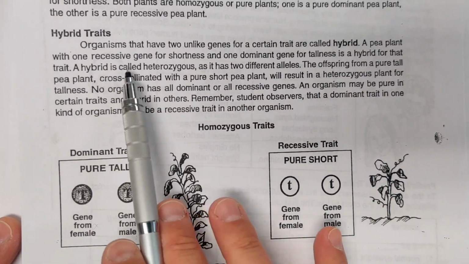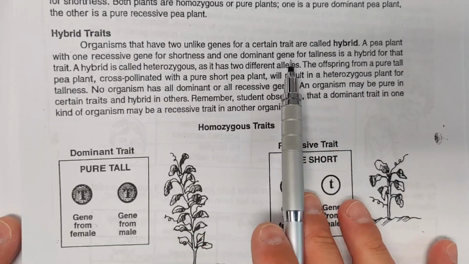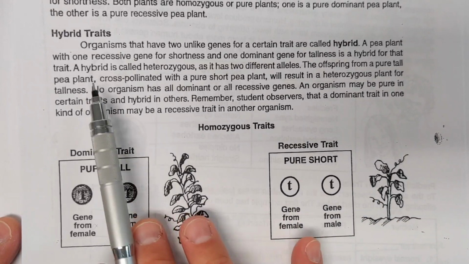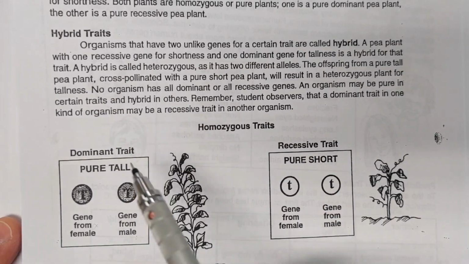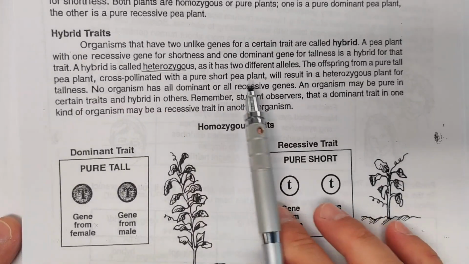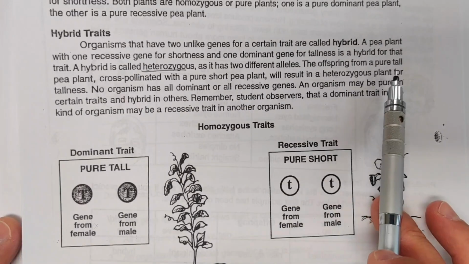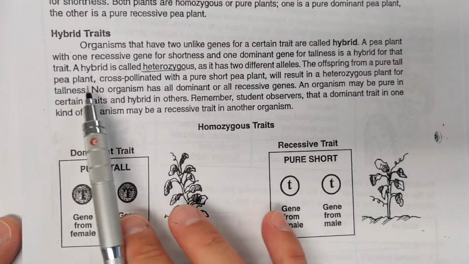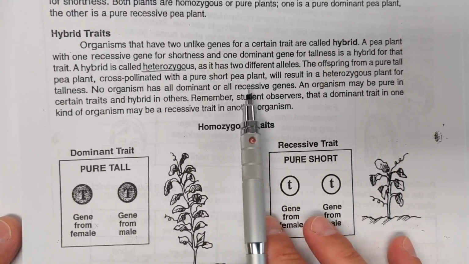A pea plant with one recessive gene for shortness and one dominant gene for tallness is hybrid for that trait. A hybrid is called heterozygous. Don't worry, we're going to be practicing this more. As it has two different alleles, the offspring from a pure tall pea plant cross-pollinated with a pure short pea